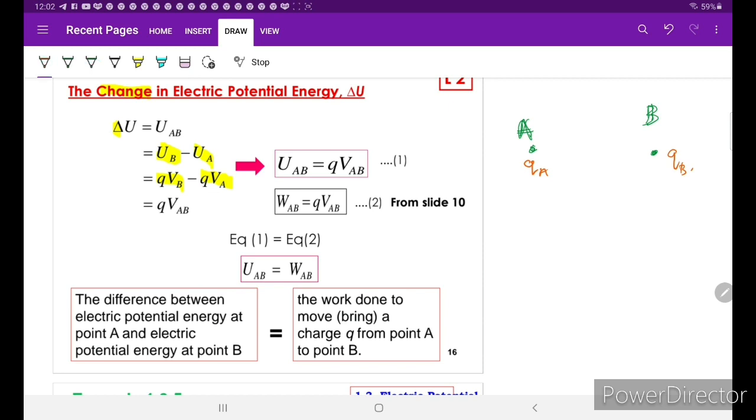We need to calculate U at point A and U at point B. Okay, then after that we subtract the energy at point B from the energy at point A. So we can write this equation